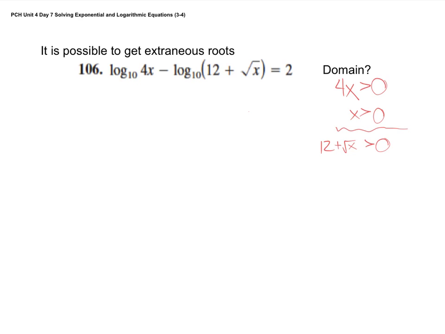Okay? Now this one could be a little bit tricky, okay? Because notice here, if I subtract 12, root x has to be bigger than negative 12. Now if I square both sides, two things happen. One, the negative becomes positive, obviously. But also, if I square both sides, I'm messing with the